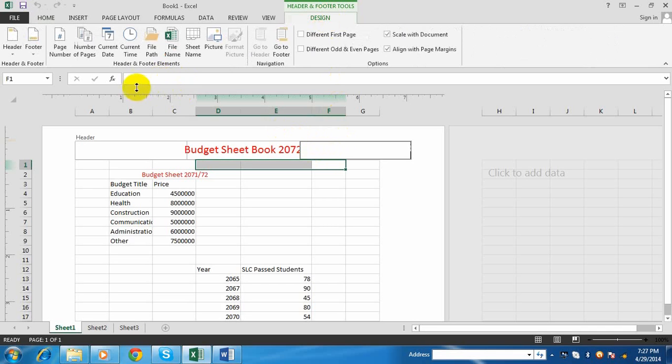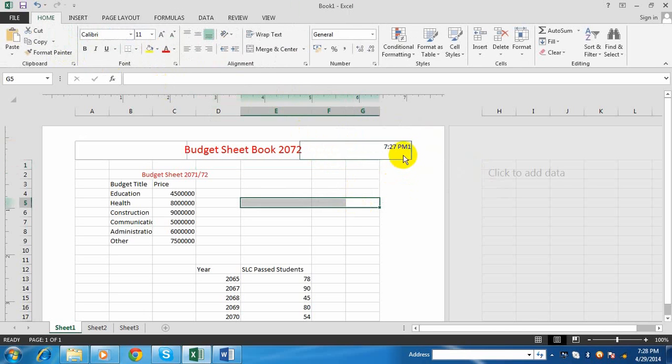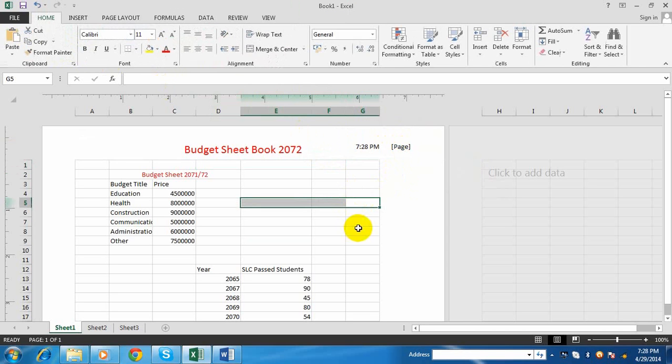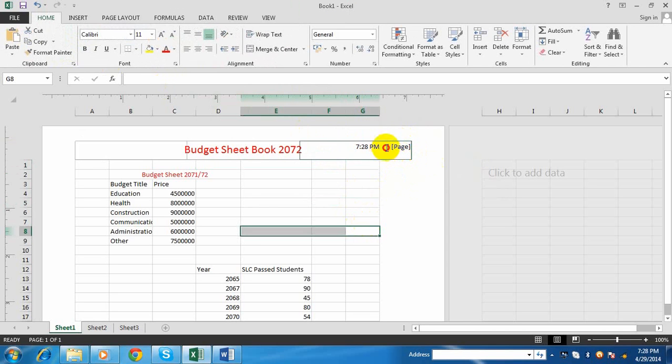For example, you can insert page number. Okay, you can insert current date and time. See, the time has been displayed. You can insert the page number. See, the page number has been displayed. Now you can just give space to display in different places.